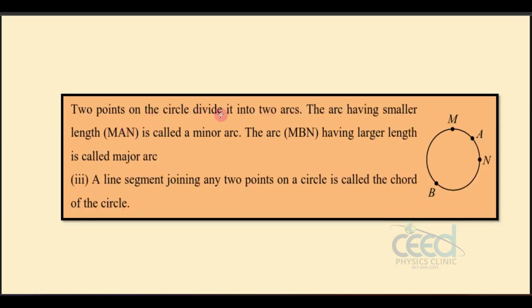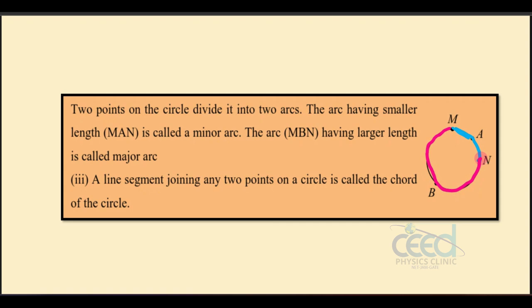the points on the circle divide it into two parts, right? Two arcs. The arc having smaller length is called the minor arc and the one having larger length is called the major arc, right? Suppose here you see this arc, this is MAN. MAN is called the minor arc. Now the remaining part, that is MPN, in another color, is the major